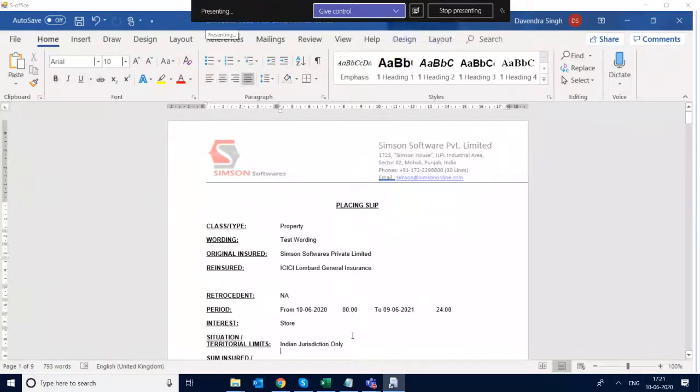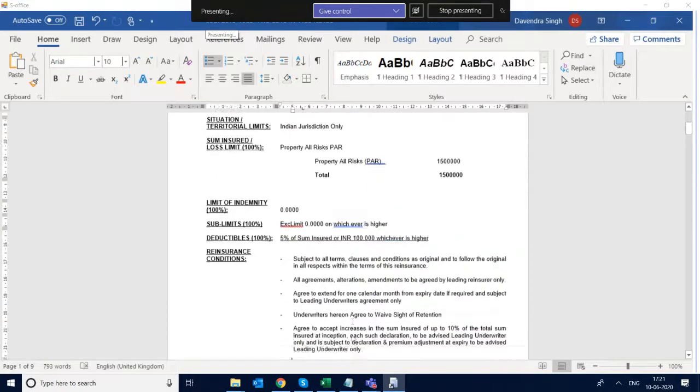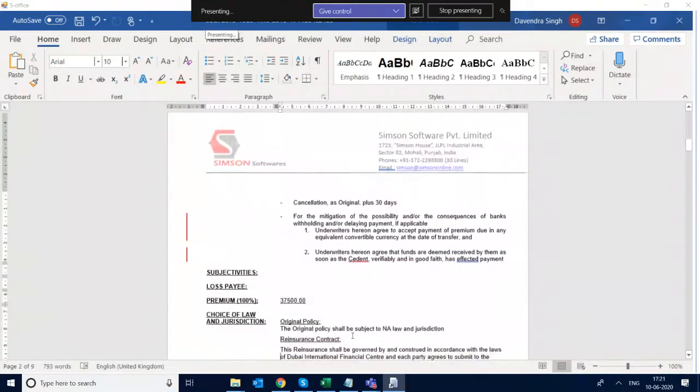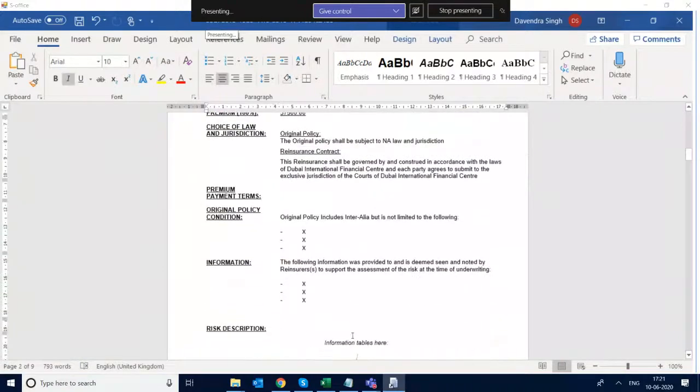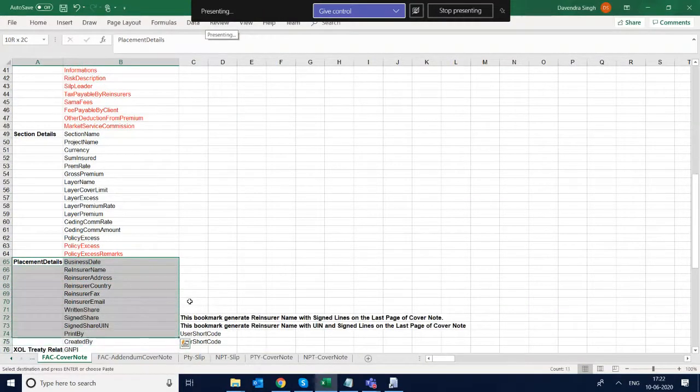Now this is a final document, so be careful. You know that once we are on placement line, so placement line comes here. So there are some risk bookmarks only for the placement.